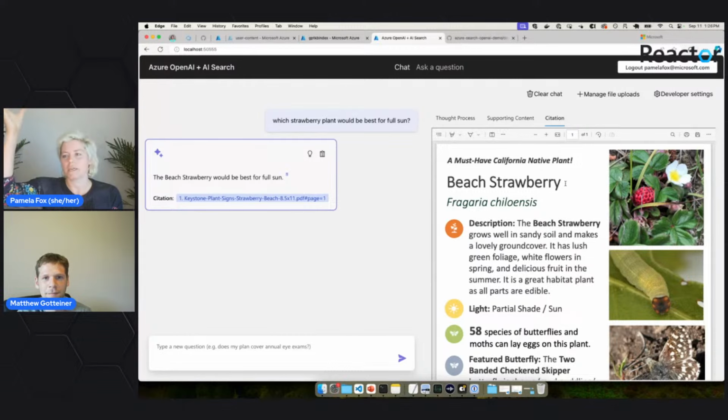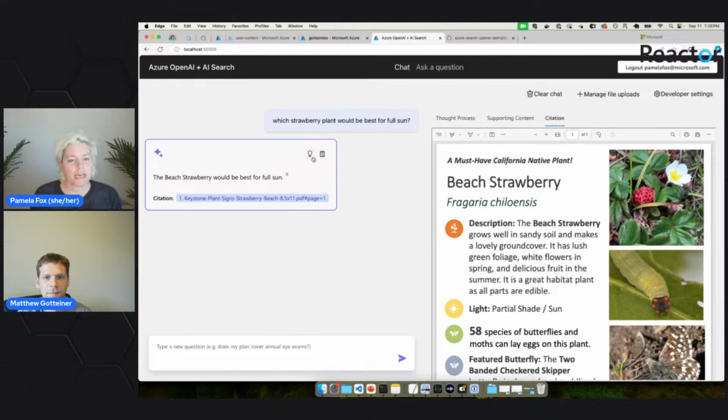If they do, then we use the blob SDK to pull it down, serve it back to the front end as a binary, and then the front end renders that binary file. So that's the sort of thing you have to think about when adding user controls to a RAG application: not just constraining the search, but also constraining the citation viewing as well.